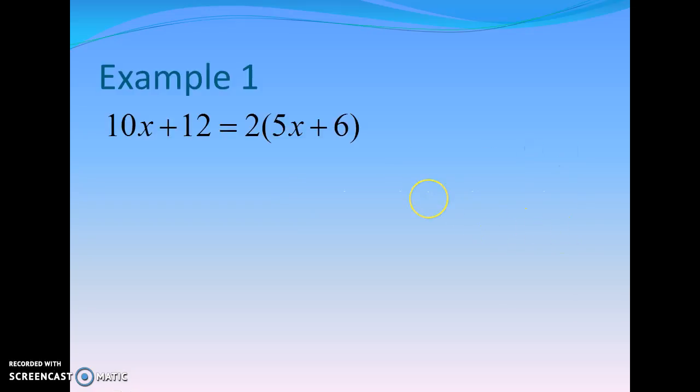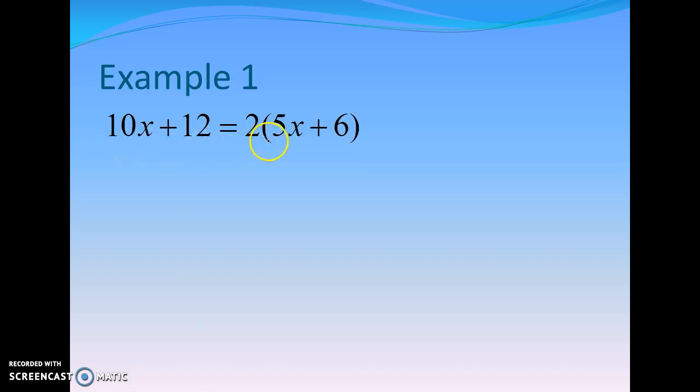So example 1, you are going to see that we have an equation here with a variable on both sides, which we have recently talked about in class. Now, on the left side of the equal sign, keeping in mind that we have to simplify each side before we start moving things back and forth across that equal sign, I've got a 10x, and I have a positive 12. You're going to notice that these are not like terms, so there's really nothing we can do to simplify